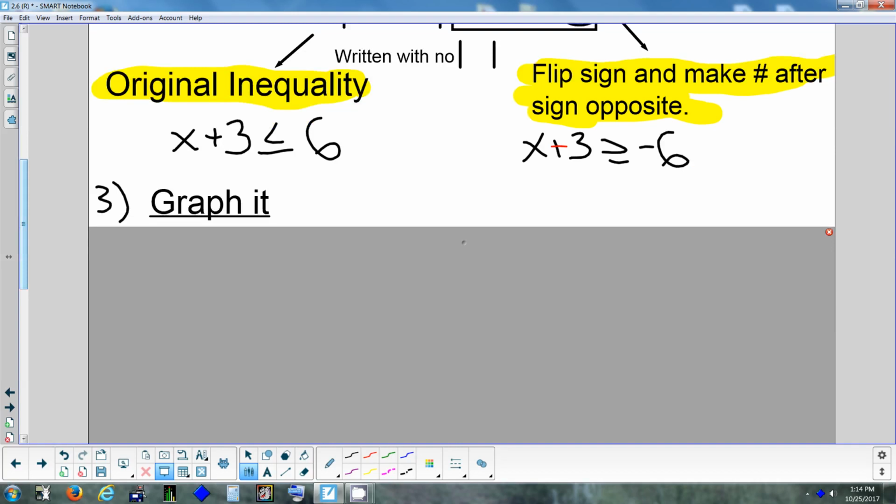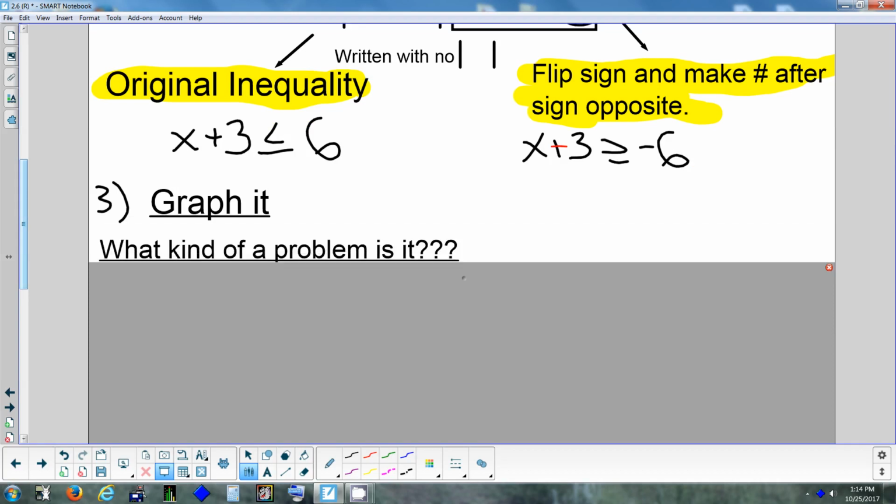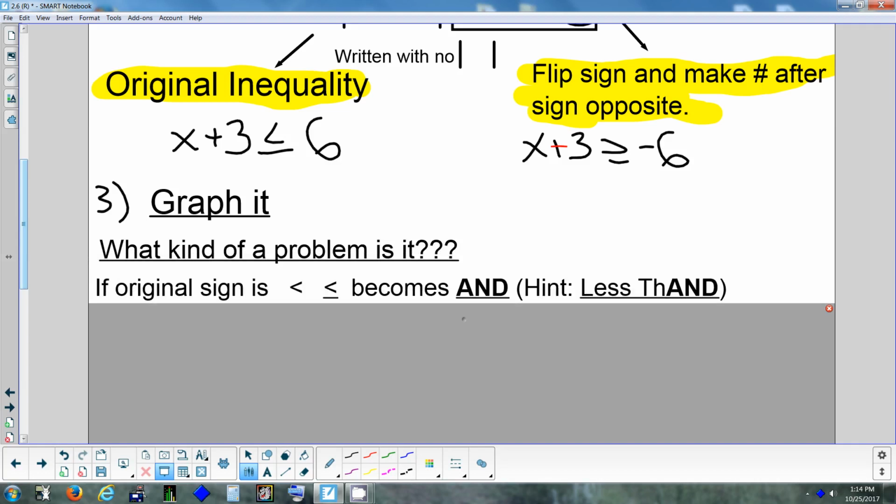We gotta graph it. But how? How am I gonna graph it? This is when paying attention to that original sign, the original inequality sign, the original problem is important. Alright? Like we put, what kind of a problem is it? That's written on your thing, right? Here we go. If the original sign is,